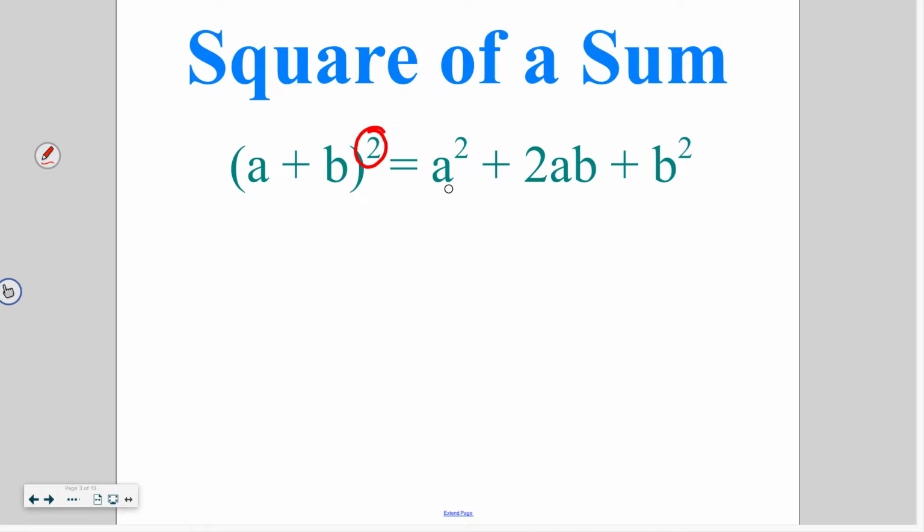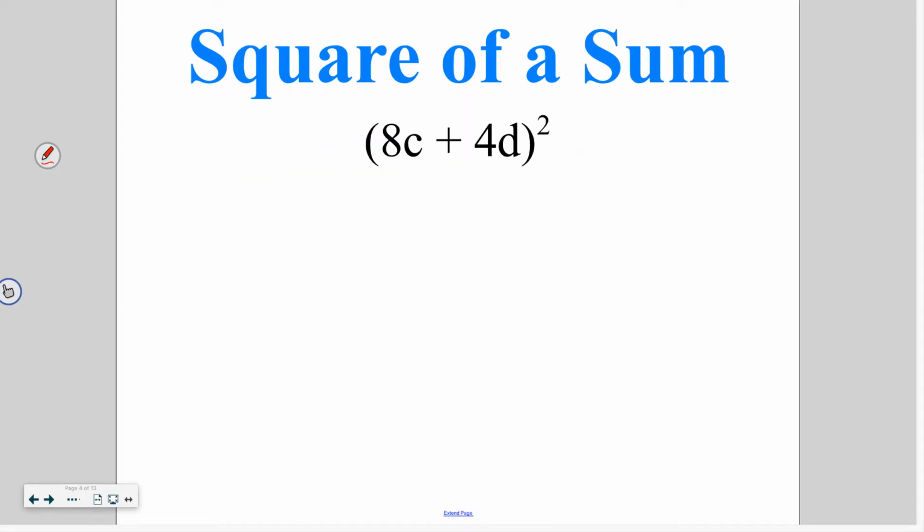So you're going to square the front number, so do a squared. Then you're going to do a times b and multiply by 2. That's this center part. And then you're going to add b squared onto the end. So this right here is our formula for the shortcut. So for example, I've got